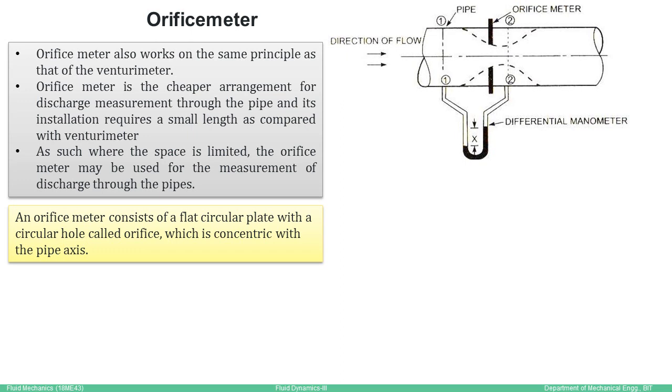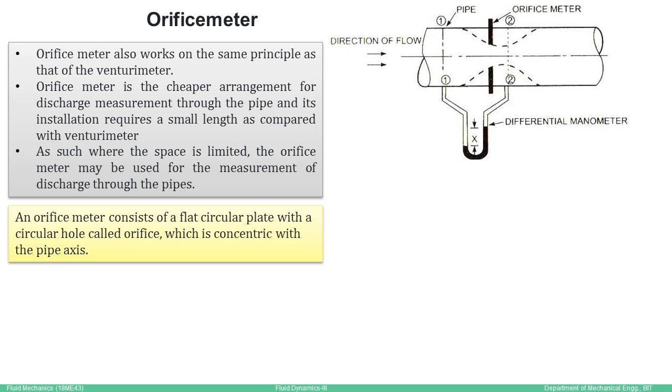Basically, this orifice meter is a flat circular plate with a central hole. The central hole is called the orifice, and this hole is always concentric to the pipe axis. And now we can see it in the sketch. The orifice meter which is shown is nothing but a sharp edged plate, and two sections are considered